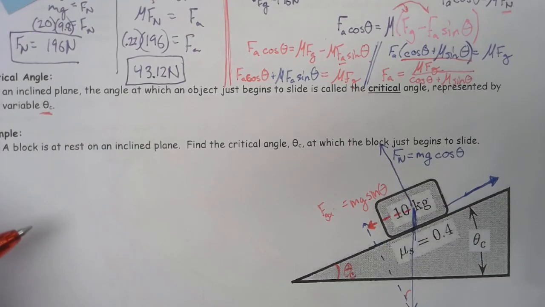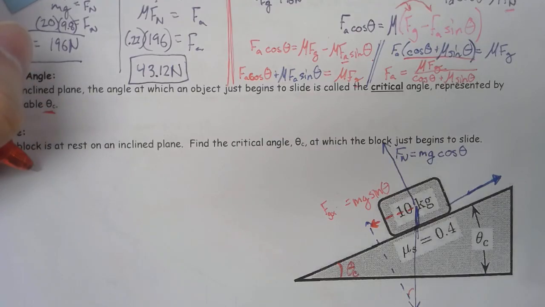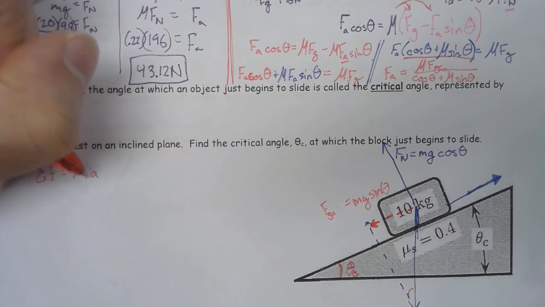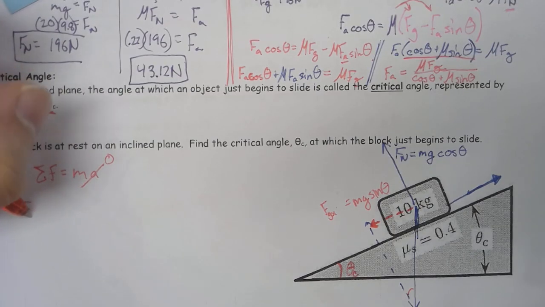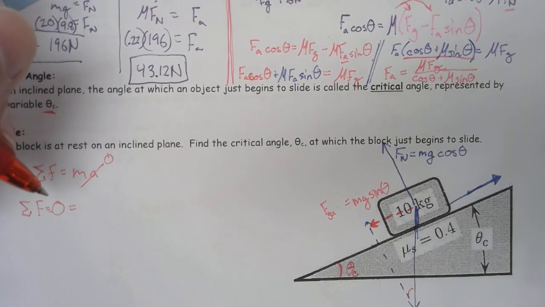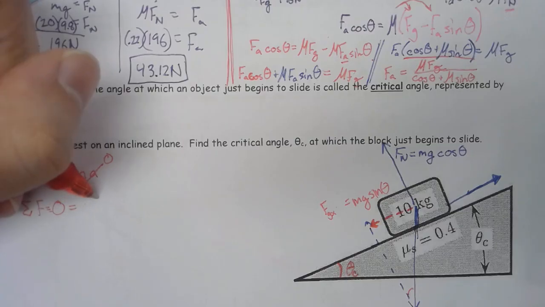So what is the critical angle? What versus what is really going on here for it to not move? So again, the net force is equal to ma. The a is 0, so the net force is 0. So what are we able to say? Force equals what versus what? Force down the ramp